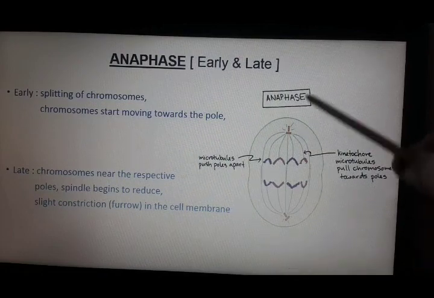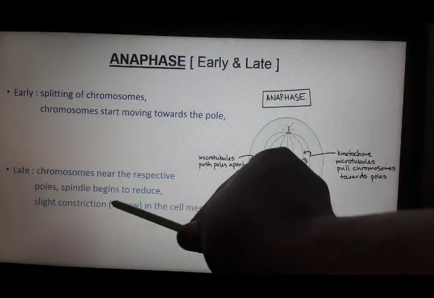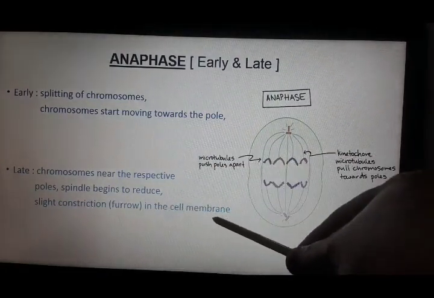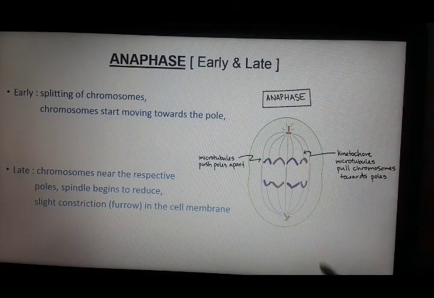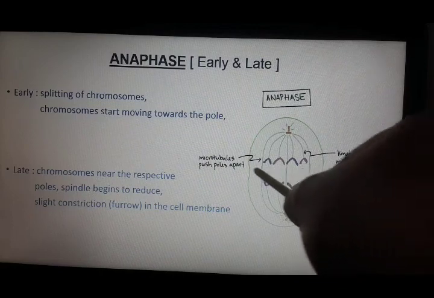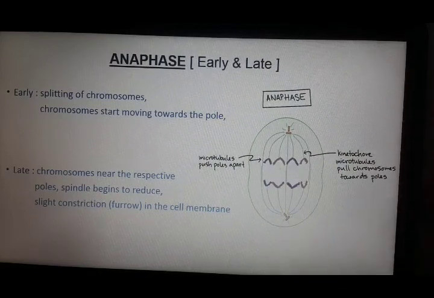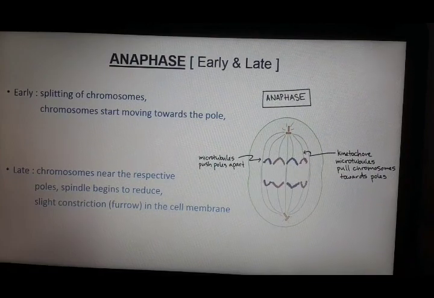In late anaphase, I have written that a slight constriction or furrow arises in the cell membrane. If you can see, the diagram does contain a slight constriction in the center. A furrow is formed here. Now this is the point where this cell is going to divide in future. Moving further,